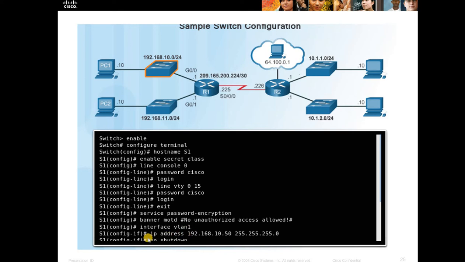I want to configure the IP address for this interface VLAN 1, so I can give some IP address, 192.168.10.50, subnet mask 255.255.255.0, and no shutdown. For this particular switch, you can see the IP address is in the 192.168.10.0 network, a class C, and it is only applicable within the same network here.